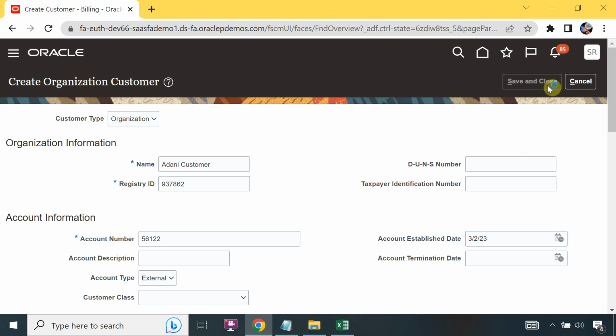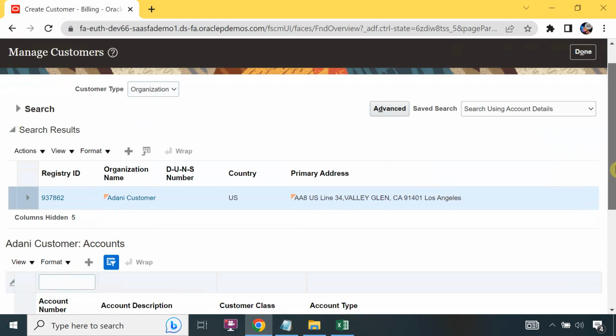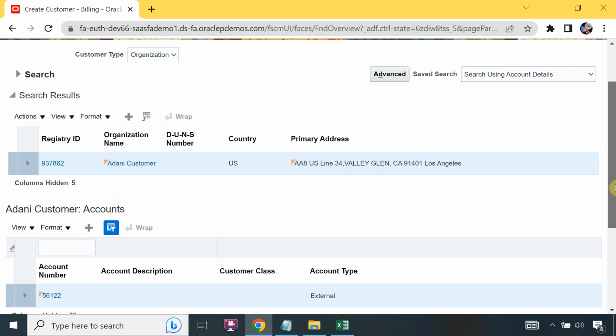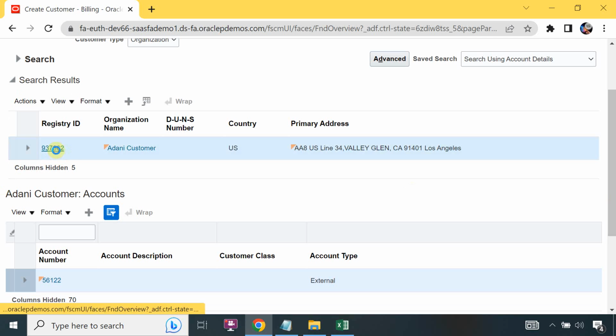Save and close. Okay, and I will search. So I can see now my Adani customer. Okay, so this is the Adani customer. If I click on this one,